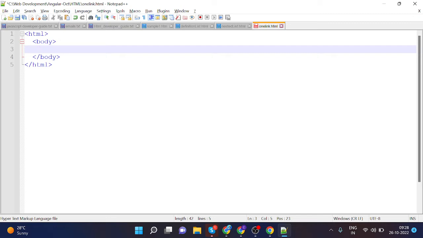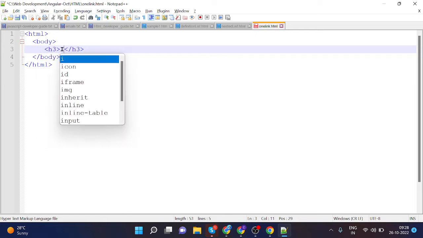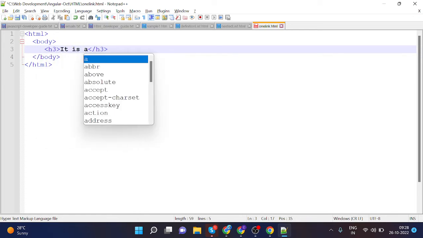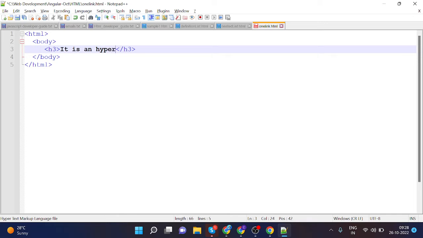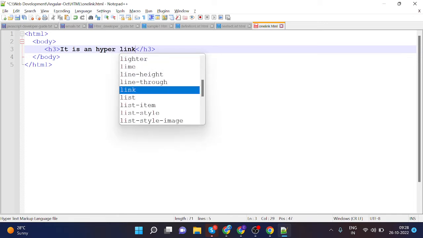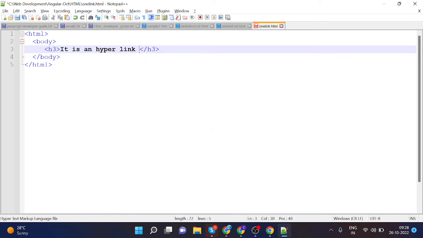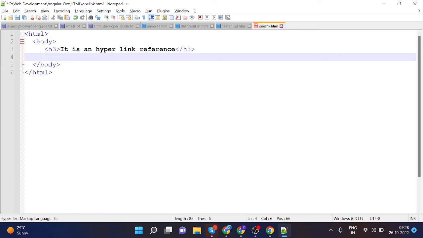And with that, I will create an h3 tag for specifying an example hyperlink reference. Like this. And now I'm going to create an anchor tag